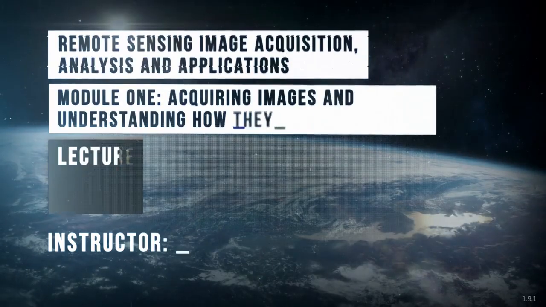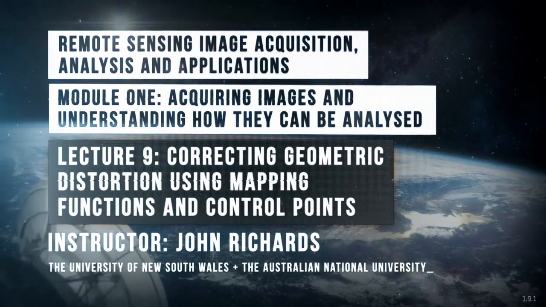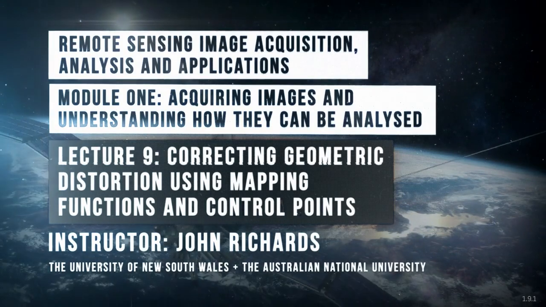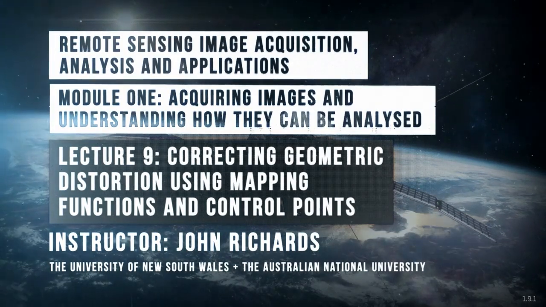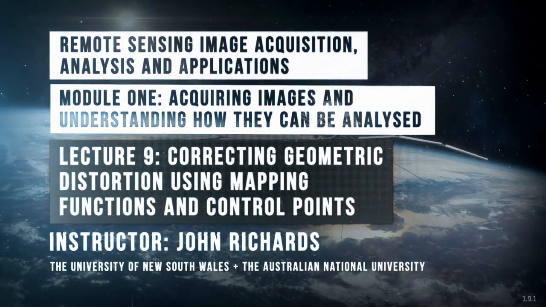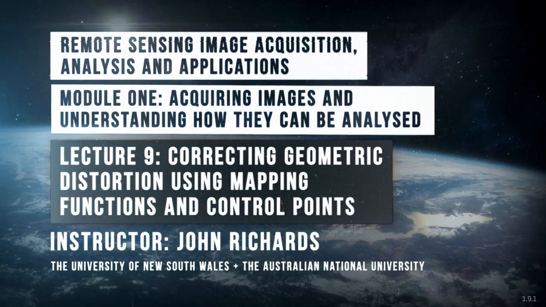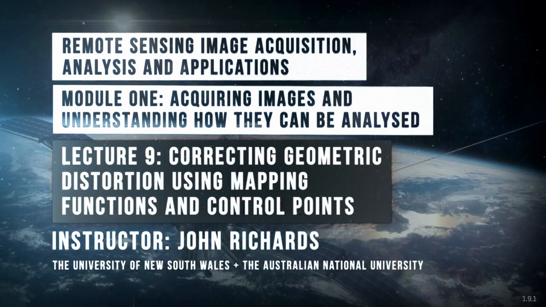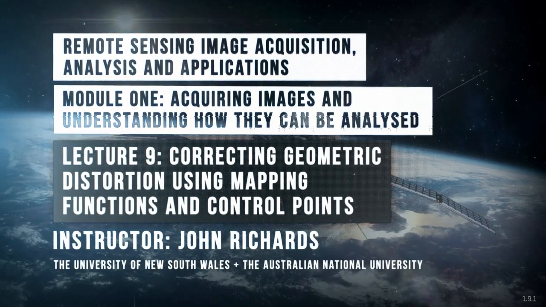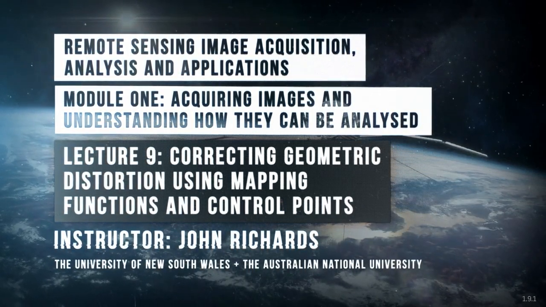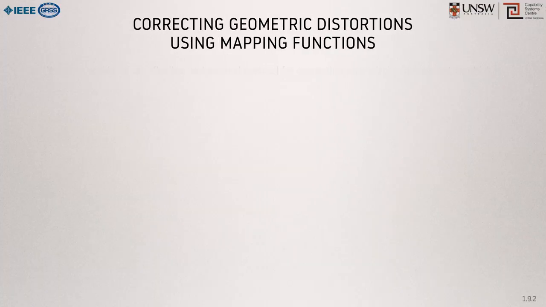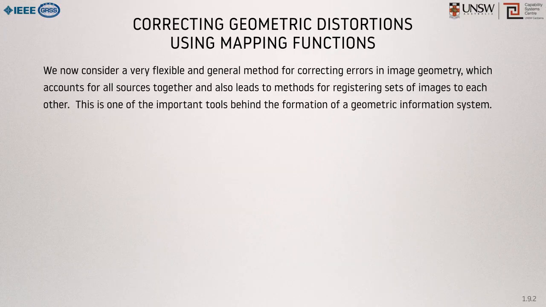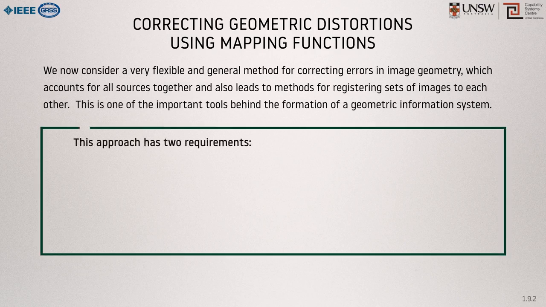This lecture introduces a very powerful and common method for correcting errors in geometry. As noted earlier, the technique also allows us to register one image to another image or an image to a map. In fact, by doing this registration, any errors are removed entirely. It is an alternative technique to the mathematical modelling approach of the previous lecture, and it is based upon two